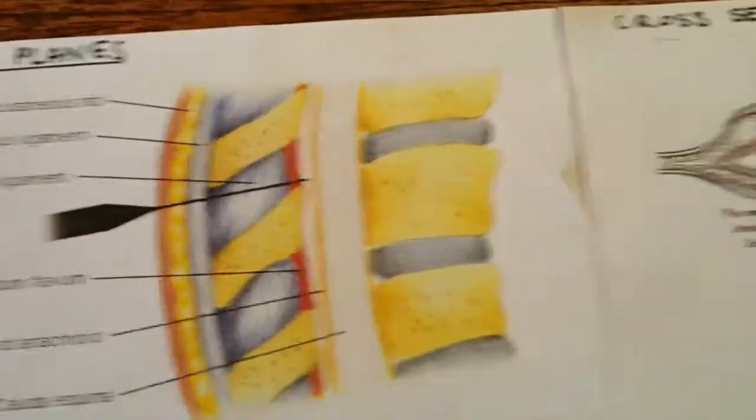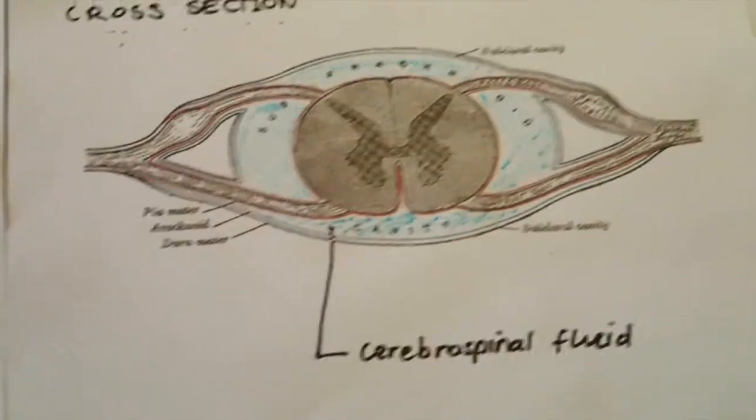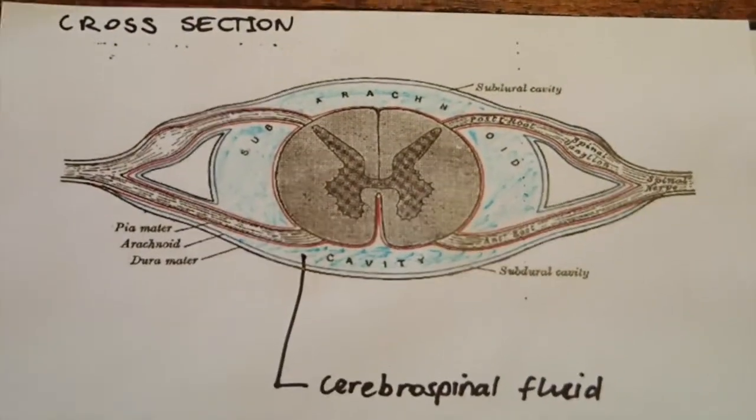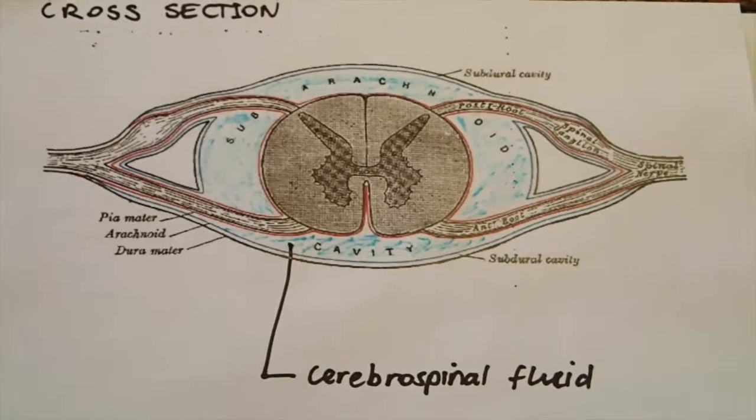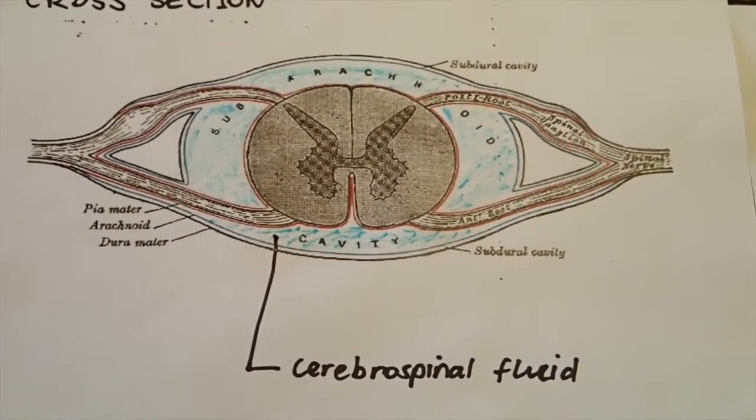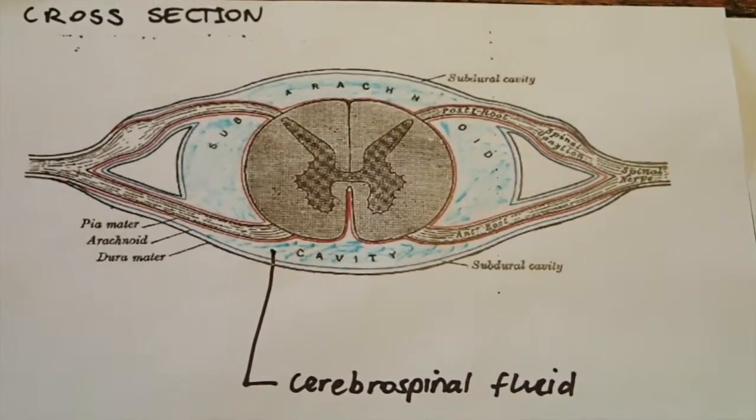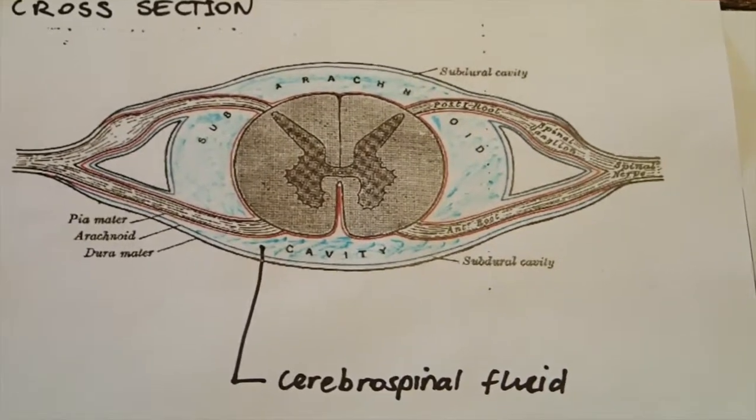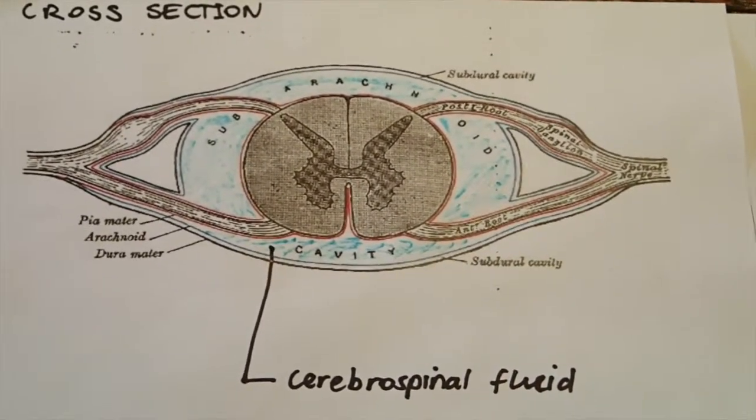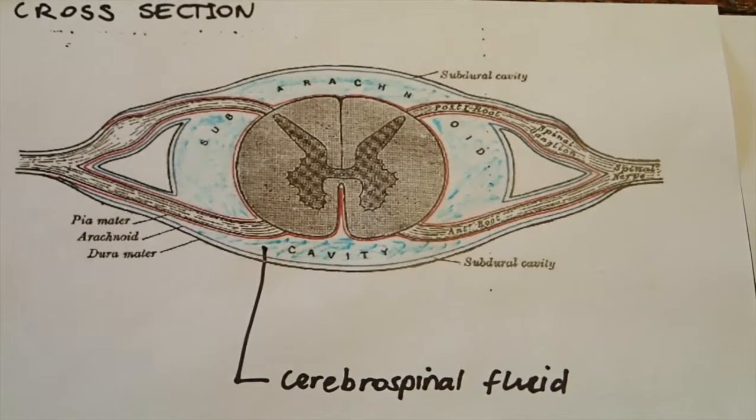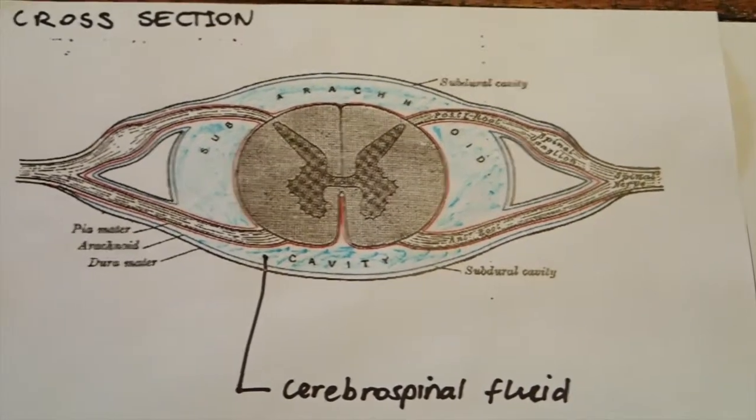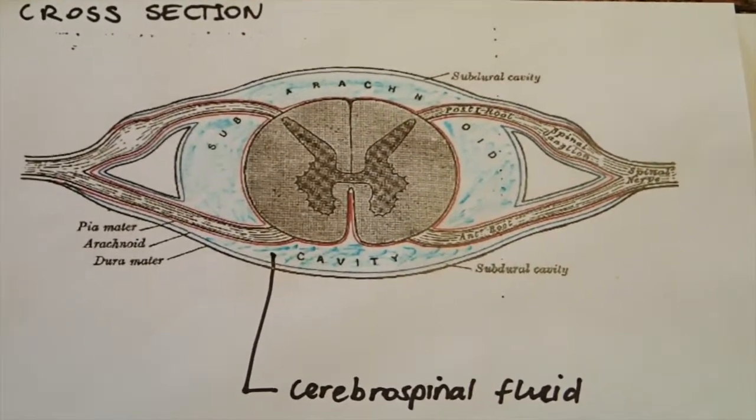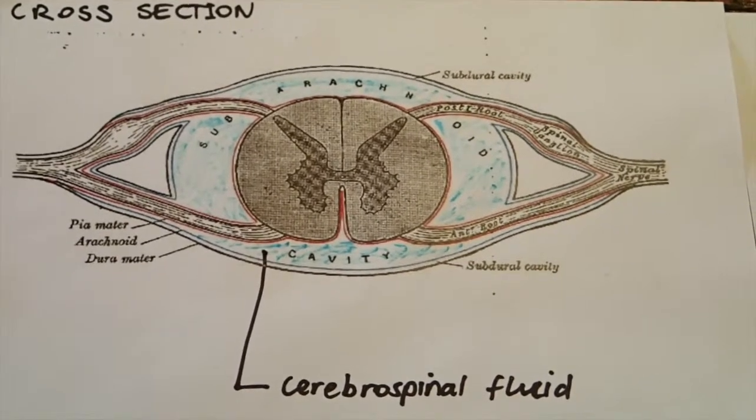In cross-section, this is what you will imagine it looks like. So the subarachnoid cavity, in blue in this diagram, is full of cerebrospinal fluid. Hence, once you enter this, you'll get a distinct loss of resistance. And once you remove your introducer, clear fluid or CSF will exit from your needle